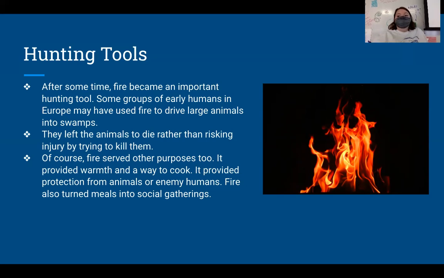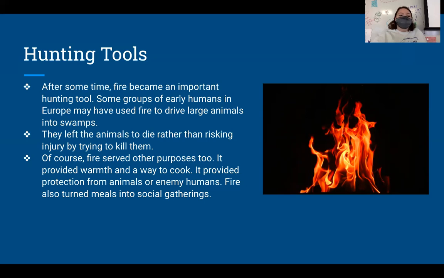Along with the fact that hunting is significantly impacted by fire in terms of how they can deal with large animals and how they can actually do the hunting, it of course served other purposes as they came back to their hearth, a way to cook basically.